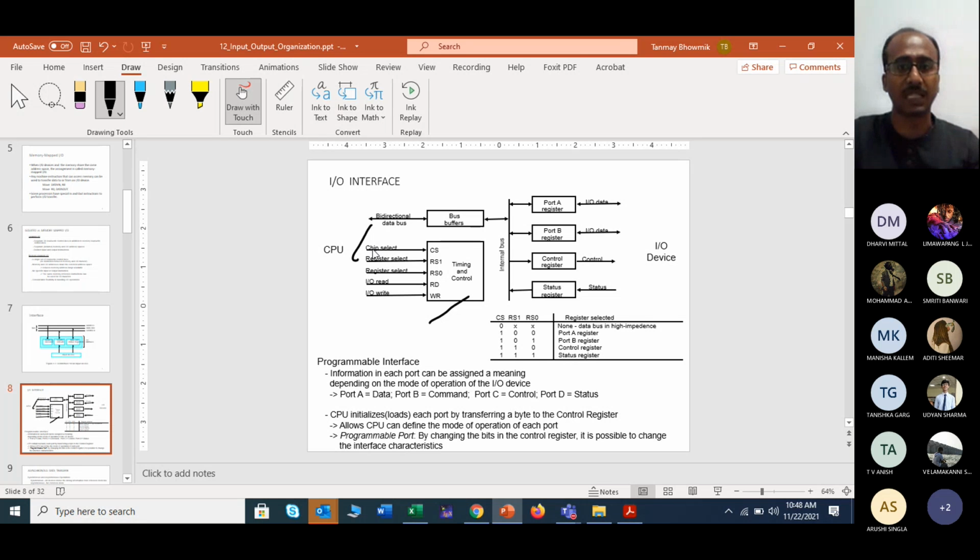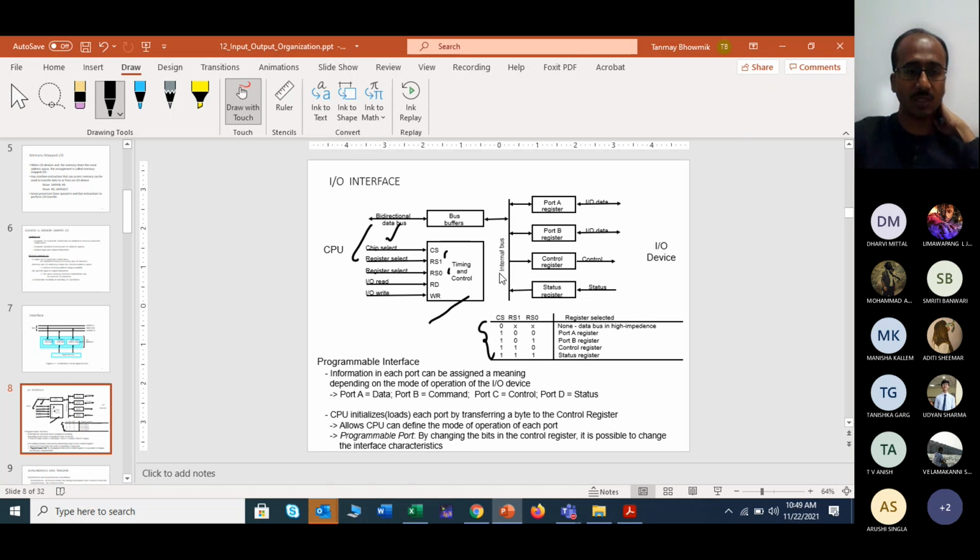That means how your RAM chips are connected to the CPU and ROM chips are connected to the CPU. Here some truth table also has been designed. We have seen that if chip select is 0, then irrespective of RS1, RS0, it is a high impedance state because you are not selecting any chips. Then when chip select is 1, that means chip select is active, then based on the values of RS1 and RS0, any one of them will be activated. So a decoder will be used as the intermediate connection.